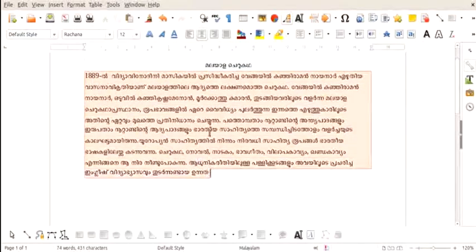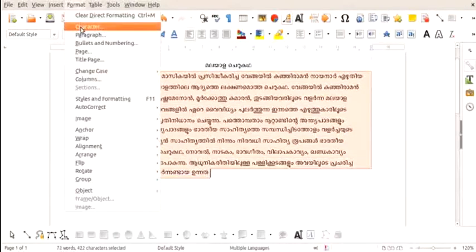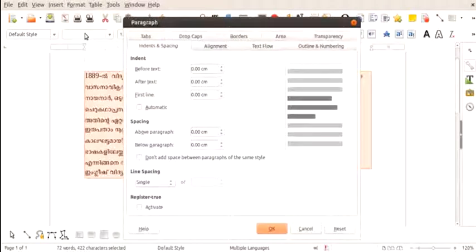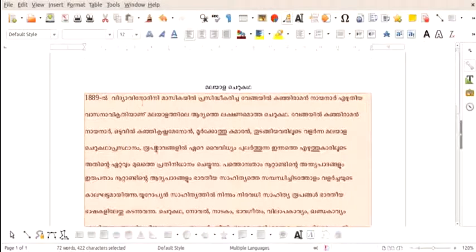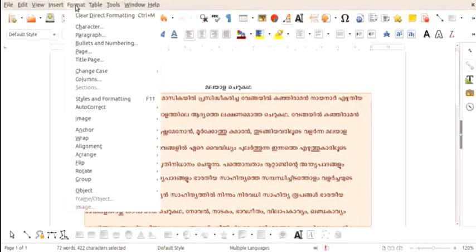Then select the whole paragraph. Select format menu, then paragraph. You can see indent and spacing. By using line spacing, we can arrange the spacing between lines. Here line spacing is given as 1.5. Now spacing between lines is increased.